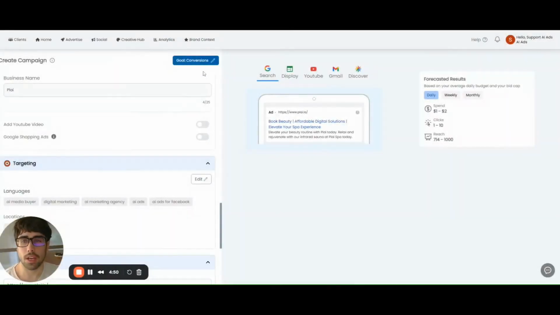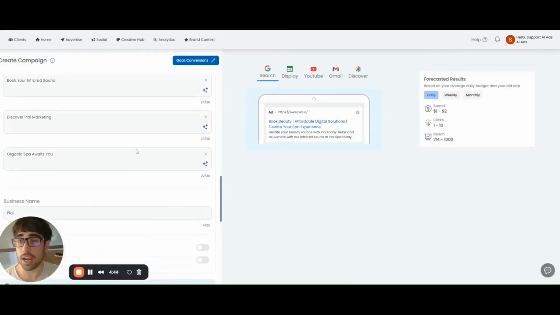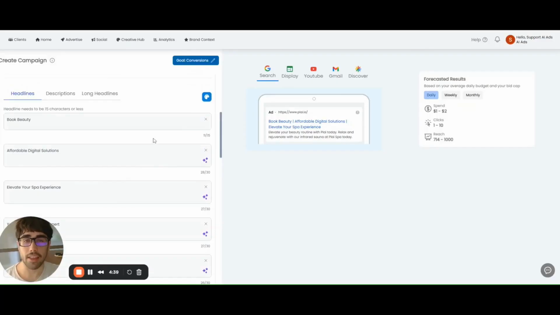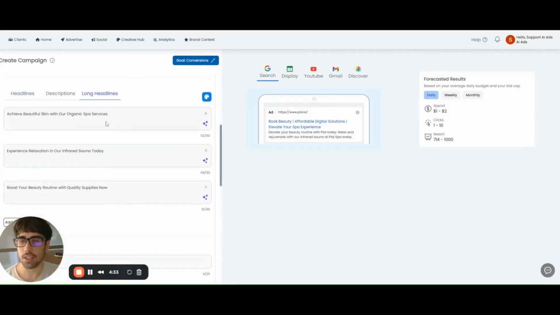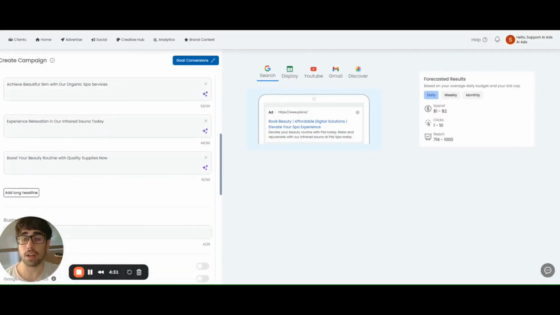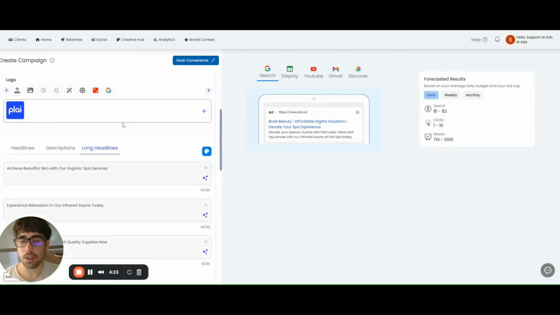Updates we have regarding the PMAX campaigns. First of all, we have now introduced the long headlines to the assets that you can add to your existing PMAX campaign. So for example, in this case, if you click in here, which says long headlines, you can add up to 4 long headlines to your campaign, and you can generate them by tapping on generate here,